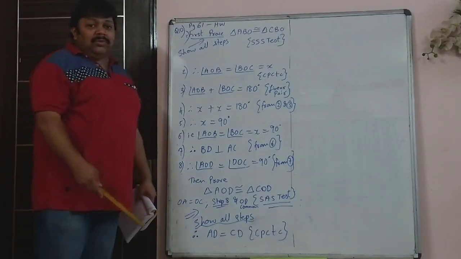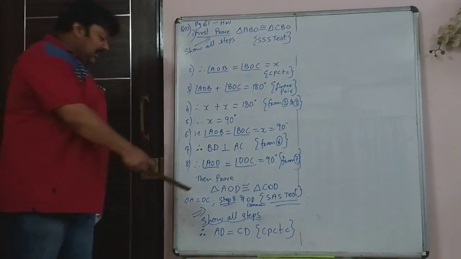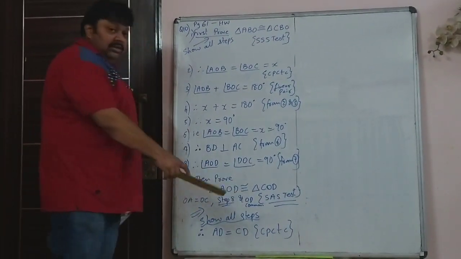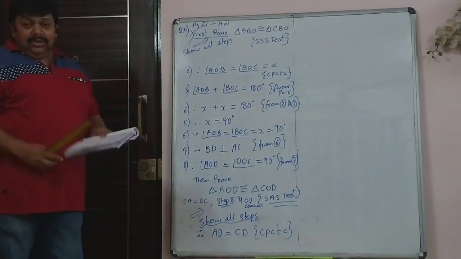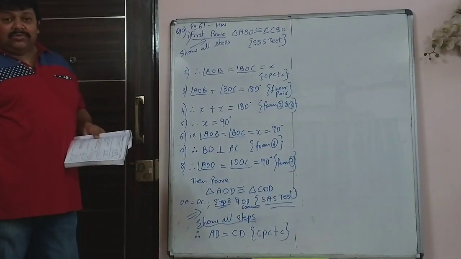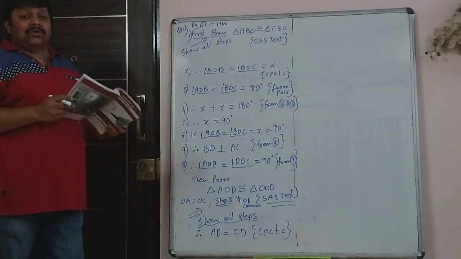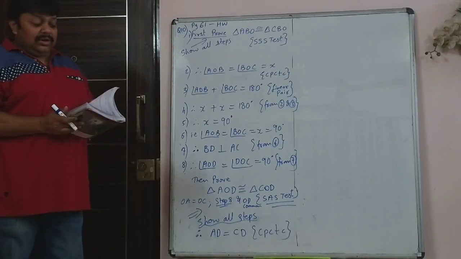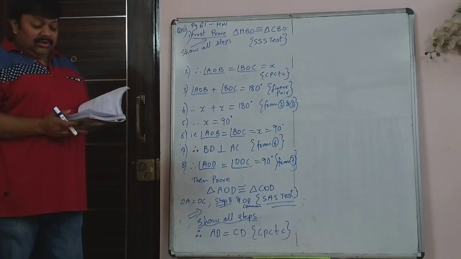This is a very simple proof. So you have to write all the steps. It is not that you just write it that way. These are your homework sums, the 4 sums in which you had homework, which I told you I will discuss first in the next class. That is in today's video lecture.